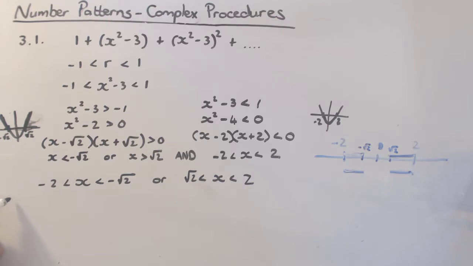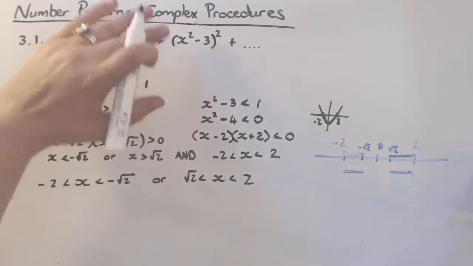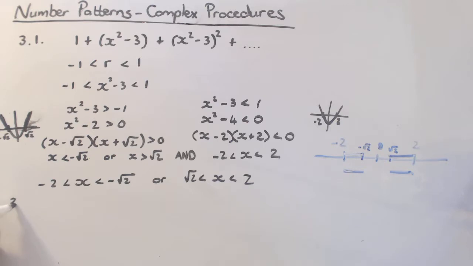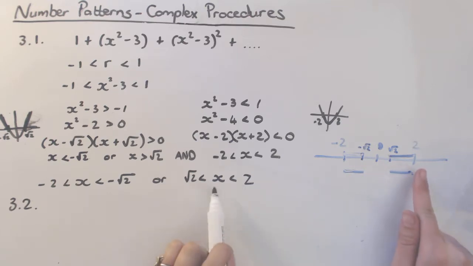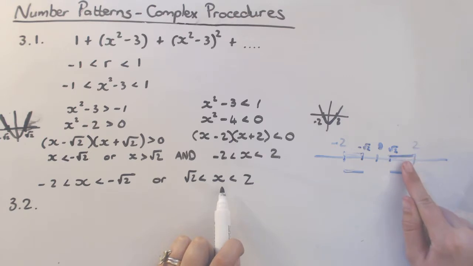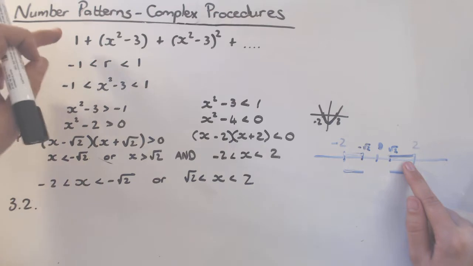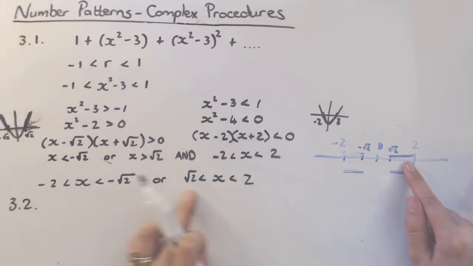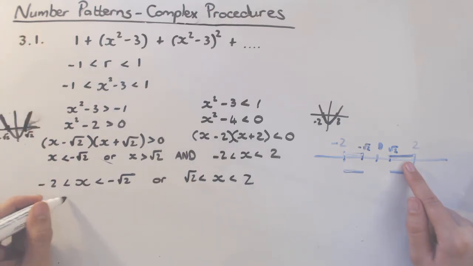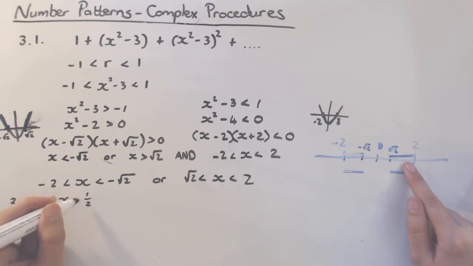Now for 3.2, this counts 3 marks. They say calculate the sum to infinity if x is 1.5. The sum to infinity if x is 1.5. Now I know if x is 1.5, it lies there. So if x is 1.5, this is a convergent series. That's what I've worked out now. This is convergent for the x values that lies there. So if x is 1.5,